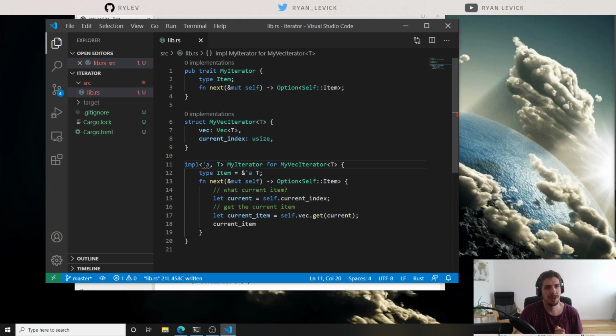And there's various ways that we could go about solving this, but let's take a look at MyVecIterator here real quick and think about this. We want to be able to iterate over our vector and yield references to the items in that vector for a certain amount of time, for a certain lifetime, and that lifetime is tied to however long our vector lives for. And in fact, one thing that we could do here is say MyVecIterator is constrained on some lifetime tick a here,